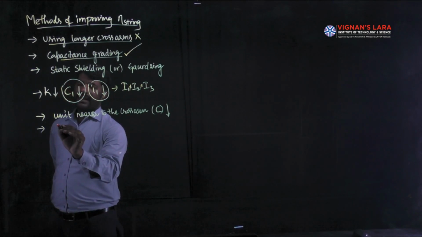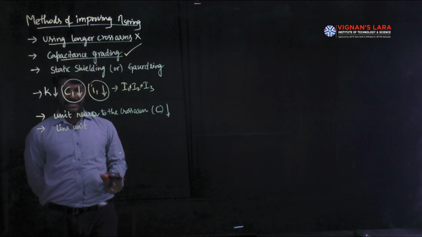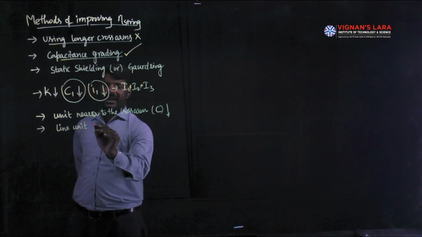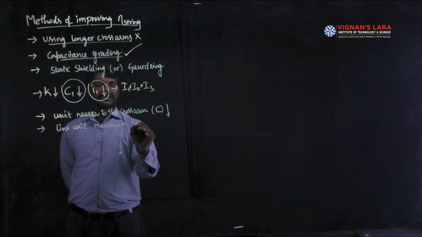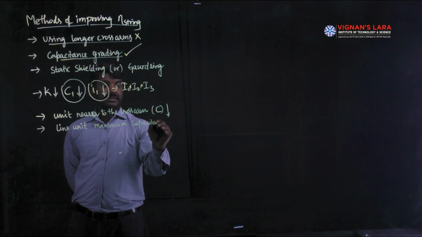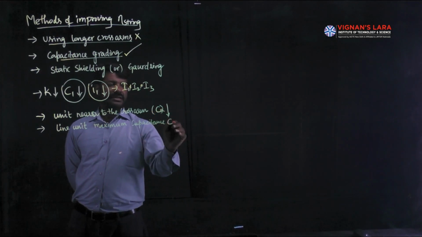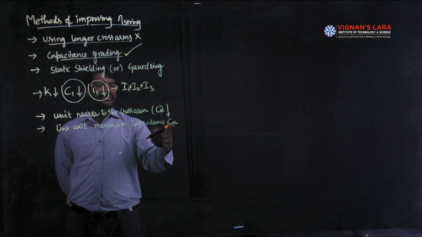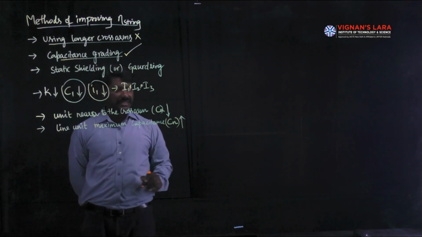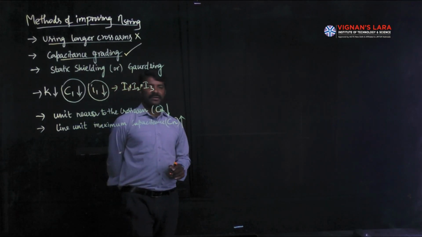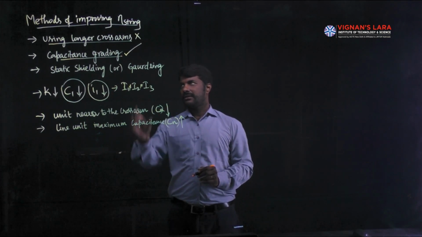Therefore, for a line unit, what is meant by line unit? The insulator that is nearer to the conductor. So this line unit will have maximum capacitance. Let me call this CA, and this is CN, the nth capacitance, which is nearer to the line unit. The magnitude of this CN in general will be selected as a larger value. Then let me calculate the string efficiency for such a capacitance graded method.